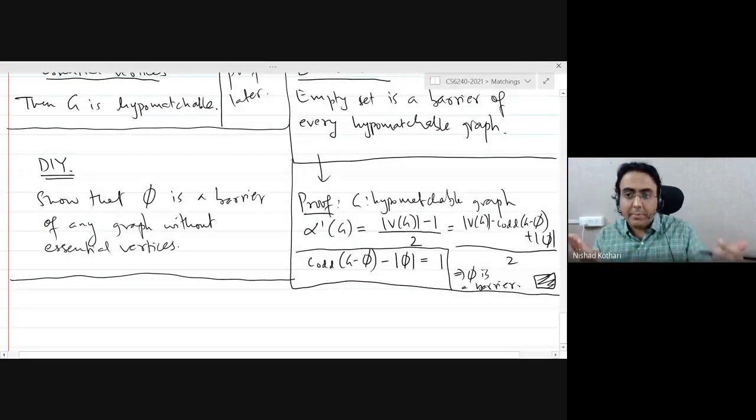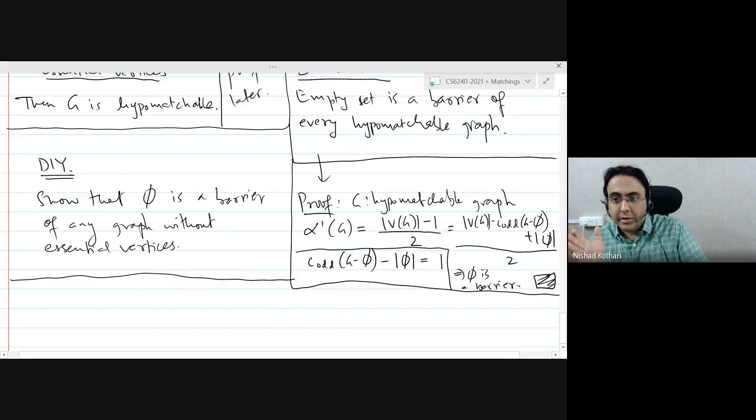So you just need to deal with the graphs that are not connected. And essentially what happens is that a graph has no essential vertices if and only if each component has no essential vertices. So each component will be hypomatchable. And now you need to show that if each component is hypomatchable, then once again, the empty set is a barrier of the graph. It's quite easy. Okay.